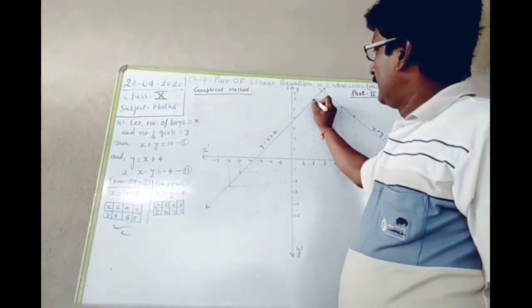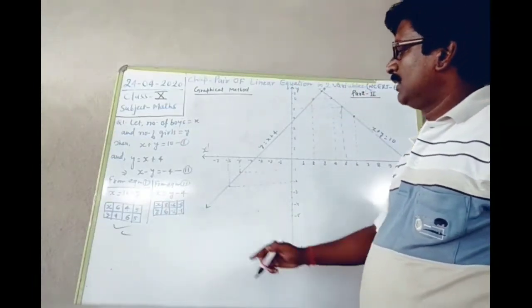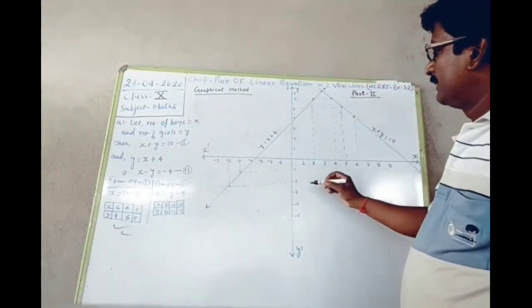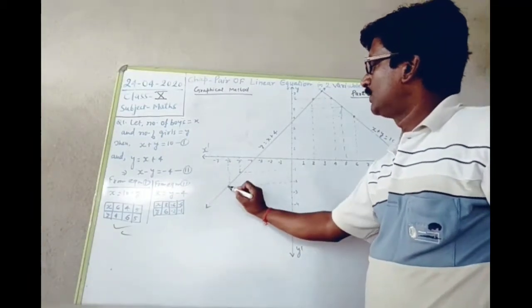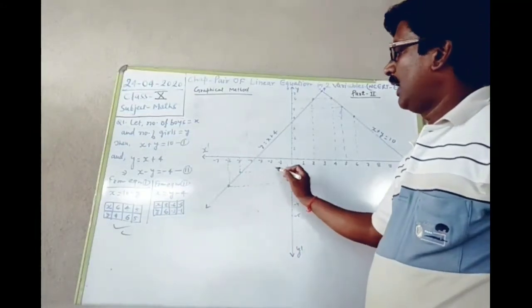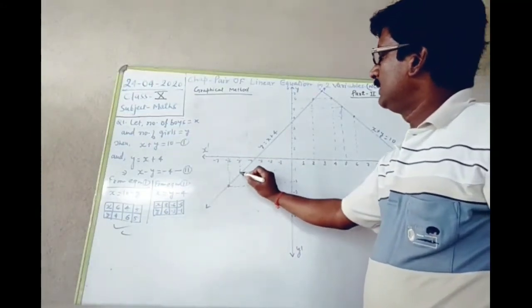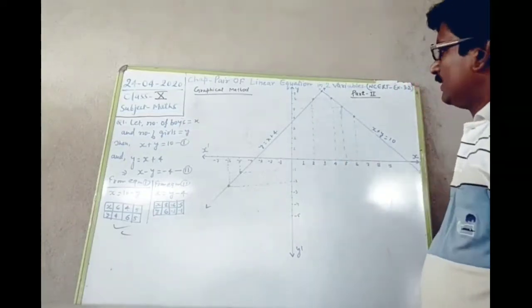This is 2, 6. Next is minus 6 and minus 2, so this is minus 6, and this is minus 2. Next is minus 5 and minus 1. So now 1, 2 and 3 points are plotted, then using a